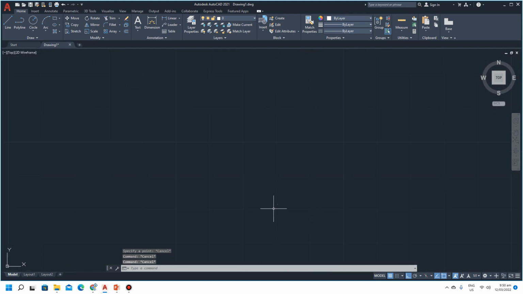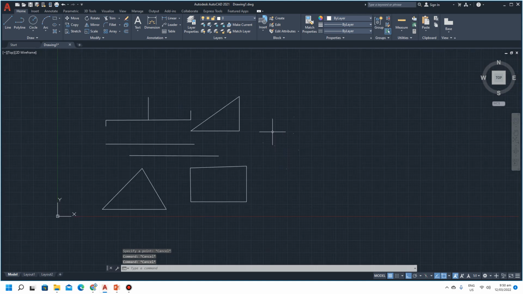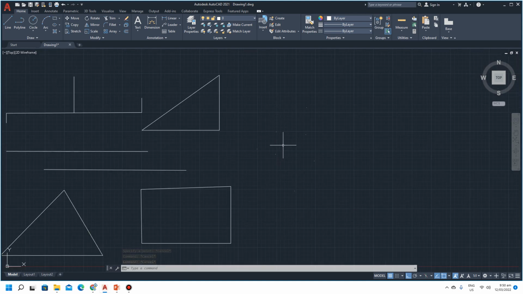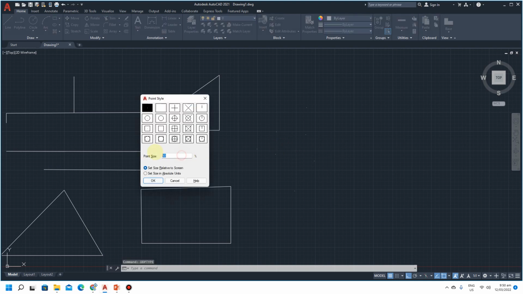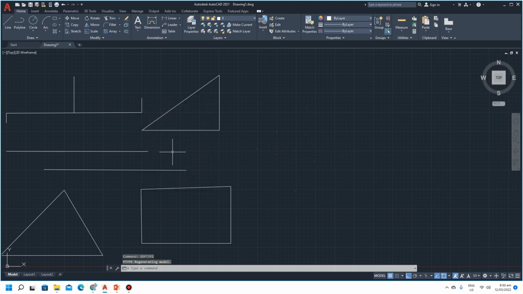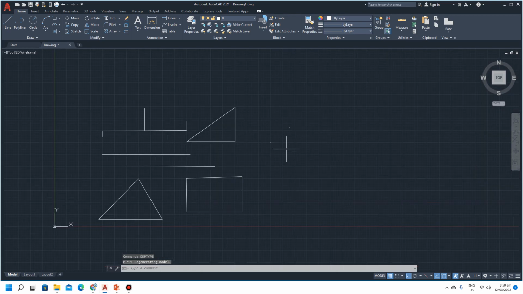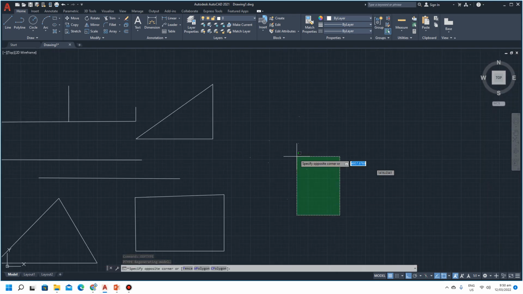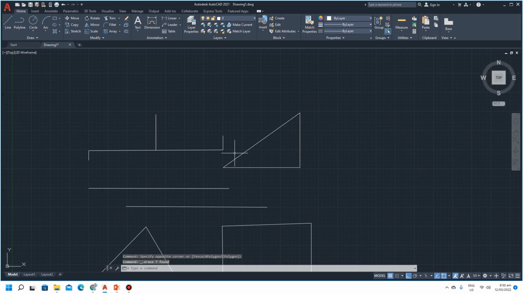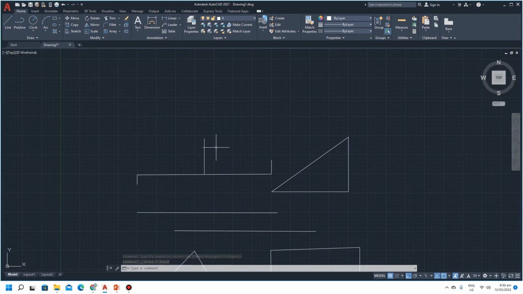I'm wondering why it's not working. 100. Okay, moving forward, I think it's just taking its time to load. Okay, so that's how you insert a point